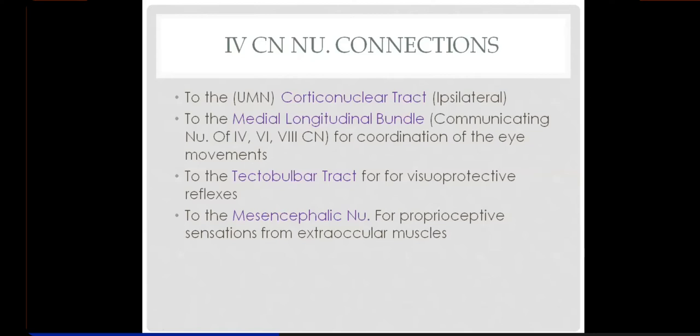The blinking reflex, as I told you: if somebody claps just in front of your eyes, you blink your eyes, right? If somebody throws a paper ball, you blink your eyes. Or if somebody throws a ball, you bring your hand in front of your eyes. So as long as you're not using the limbs, you only reflect, you blink your eyes. That is the visuoprotective reflex, and that's being controlled by the tectobulbar tract. And if you have to move the limbs to protect your eyes, bringing your hand in front of your eyes when somebody throws a ball at your face,